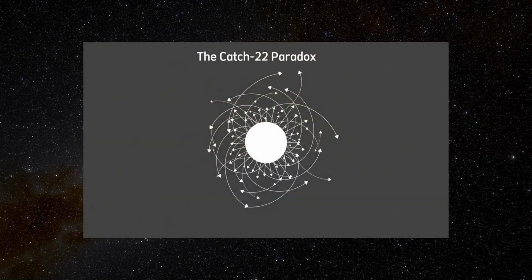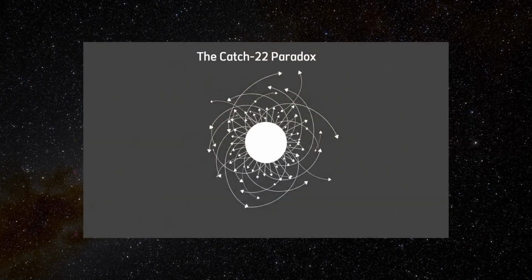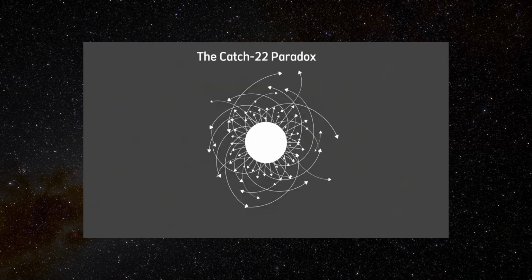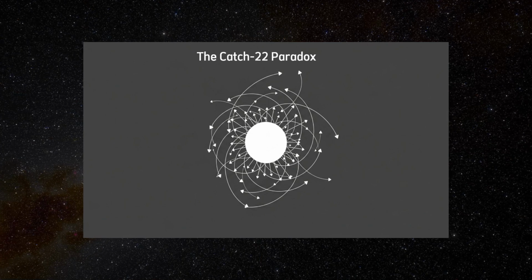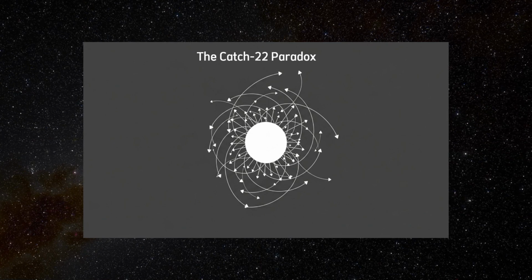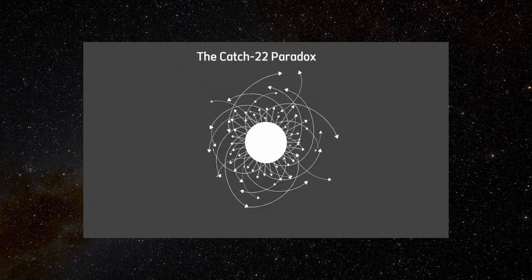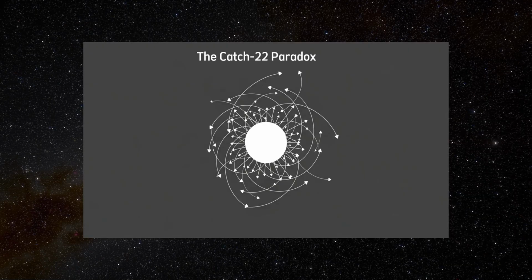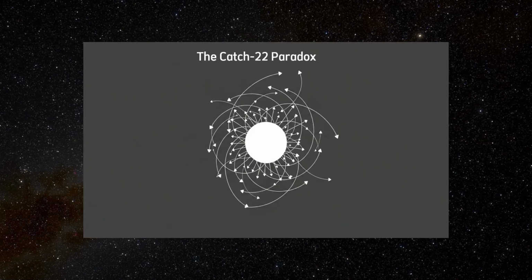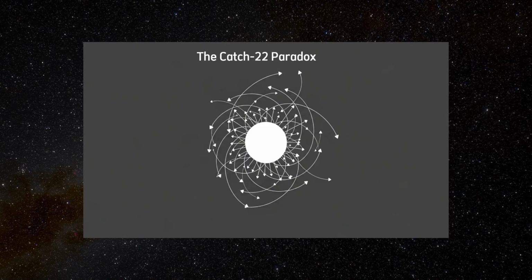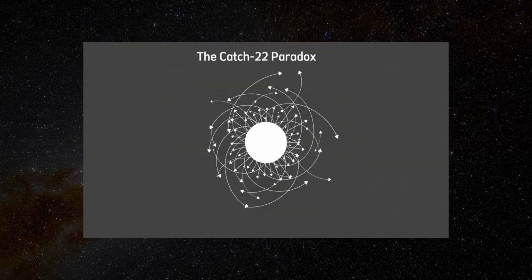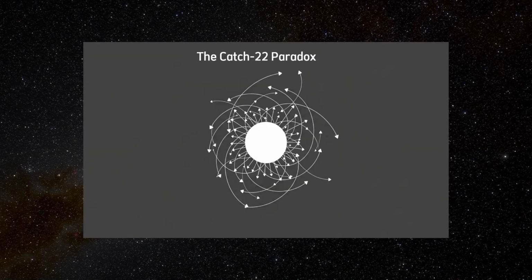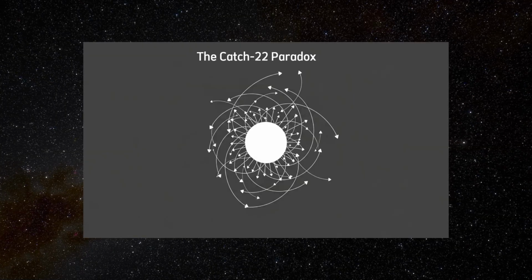The Catch-22 Paradox. The Catch-22 Paradox is a well-known logical and bureaucratic paradox that illustrates the impossibility of escaping a no-win situation due to self-contradictory rules. The term originates from Joseph Heller's 1961 novel Catch-22, in which the absurdities of military logic and institutional control are exposed through dark satire. Over time, Catch-22 has come to represent any situation where a person cannot achieve a goal because the conditions required to achieve it contradict or prevent one another.